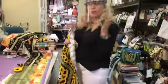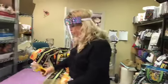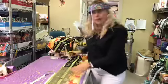Once you cut your rows and you get your 4 rows, you are going to, and I cut sideways like this, so that I cut,